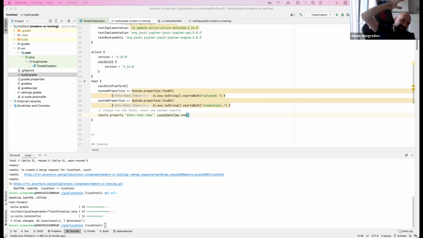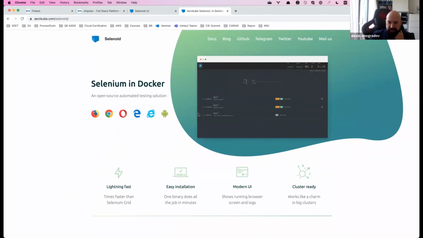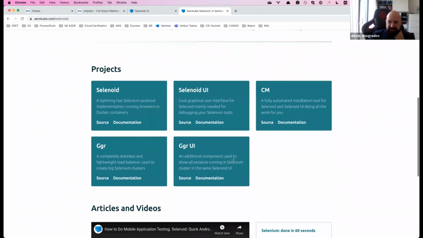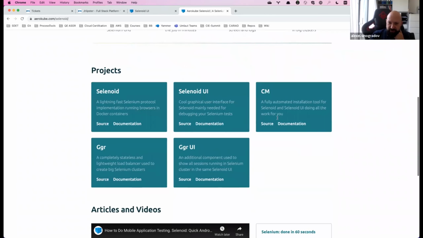Selenoid is from Aerokube, that's the documentation and the company which implements it. It's free and open source for usage with Docker. And if you want to use it with Kubernetes, there is also another version of it which is licensed, but it also helps very much.